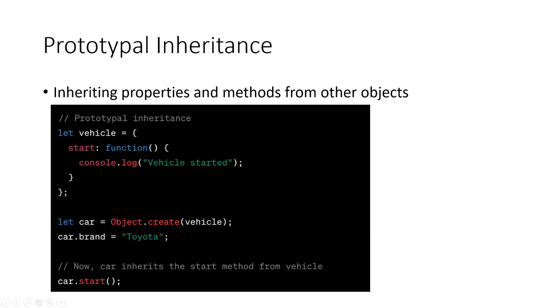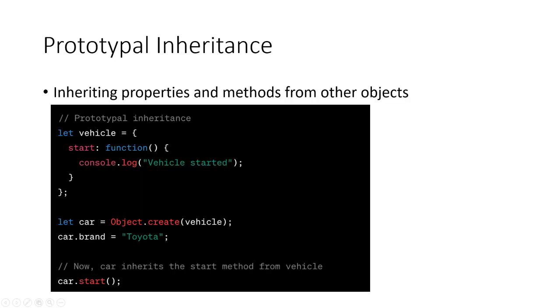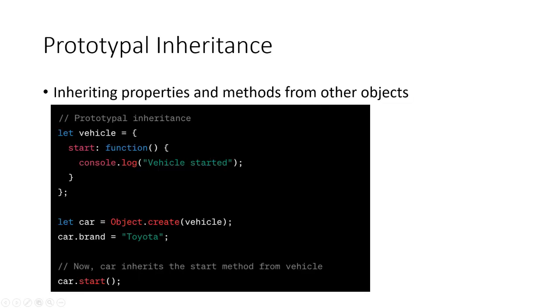So we have this vehicle object. It's using the bracket notation. It has a start attribute, and you can see right now the link to the previous slide here, where we're checking typeof vehicle.start, and we're checking if it's a function, right? Well, this is what you would do to create these instances of car and bike, because we're looking to see if the vehicle has a start attribute and it's a function. And you can see here,